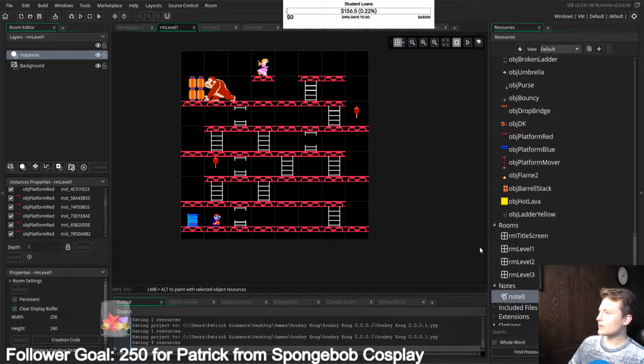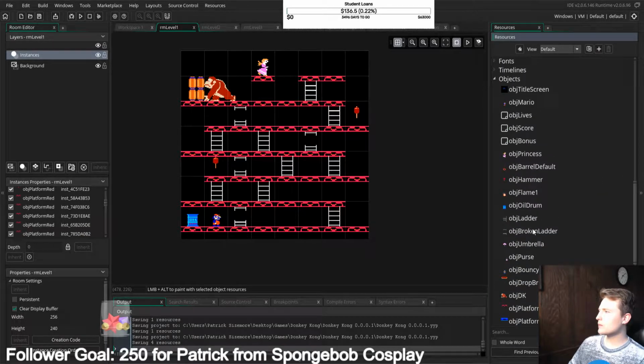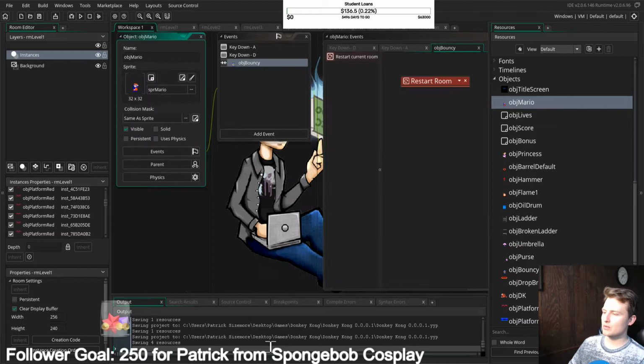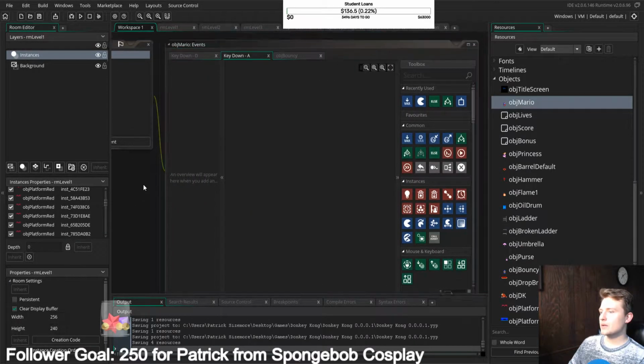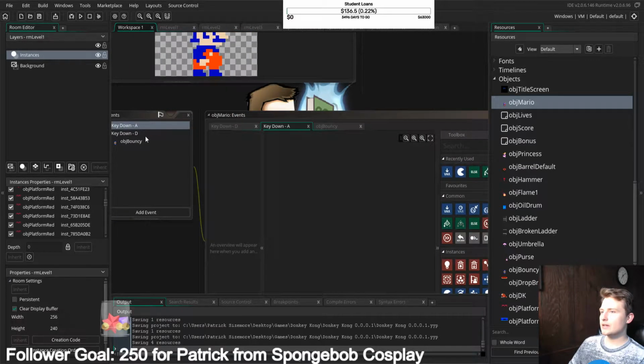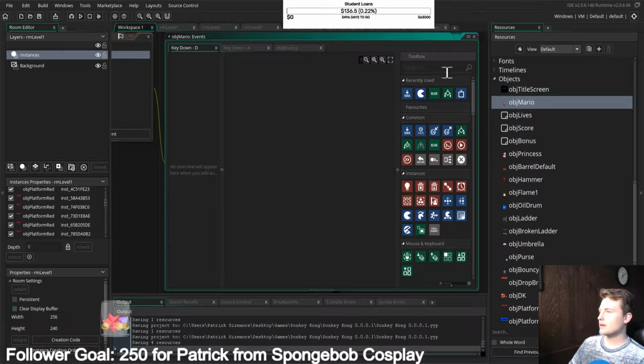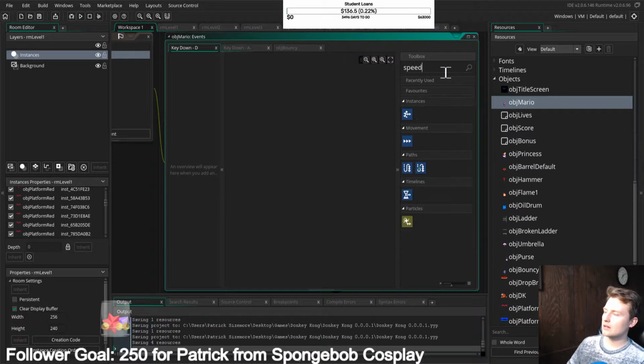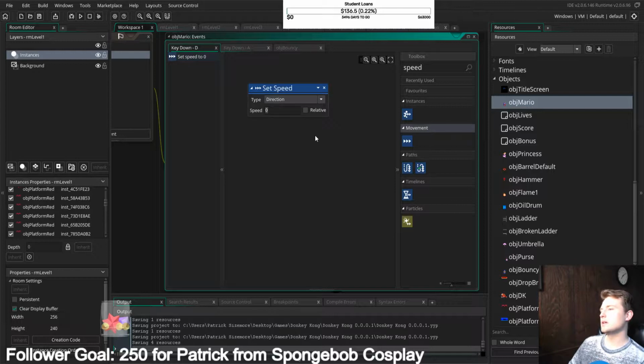So for now, let's see what it looks like if we do just some very basic movement for Mario, right? We can just say, if you're holding down D, then your speed is going to be 4